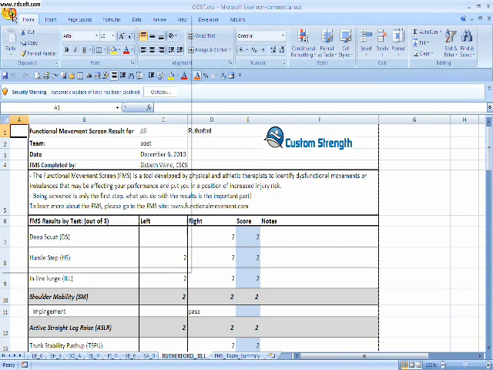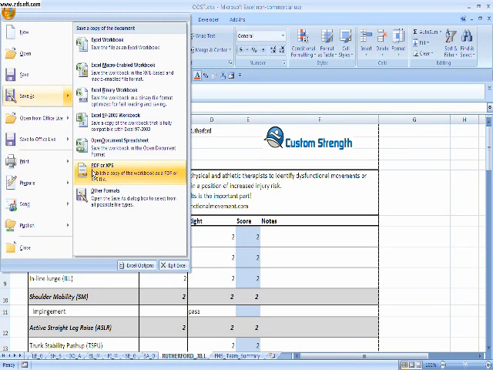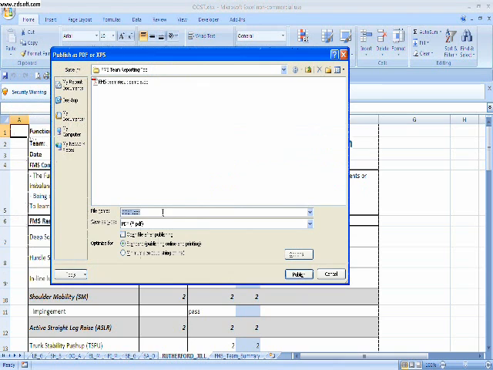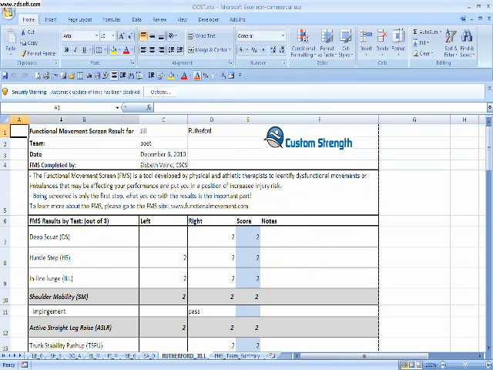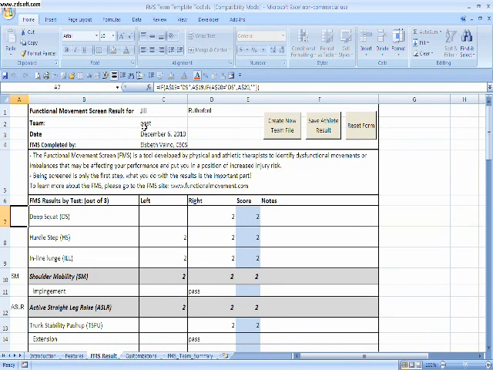The other option is that I can go and do a save as PDF, give it a name, and then that gives a nice option for sending this to maybe the other coaches involved, as well as to the athlete or to the actual sporting organization that they are a part of. So I'll go back to the reporting tool, and I'll just give you an example of what can happen if I want to not bother